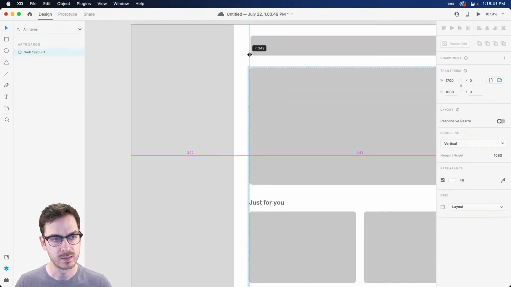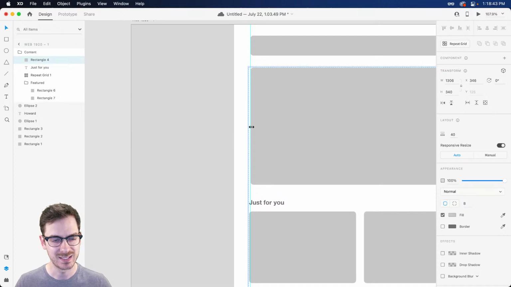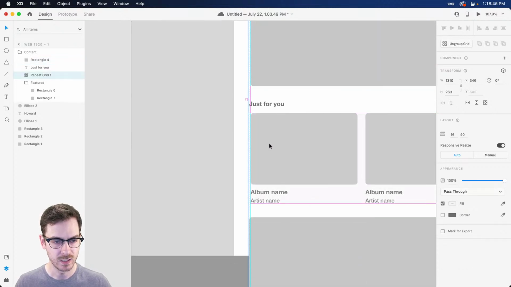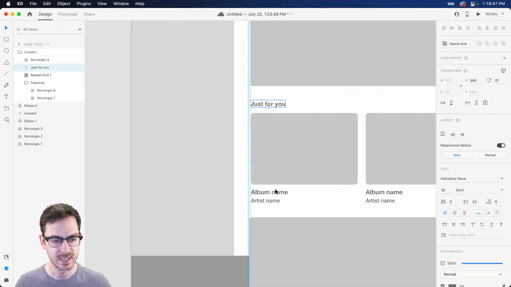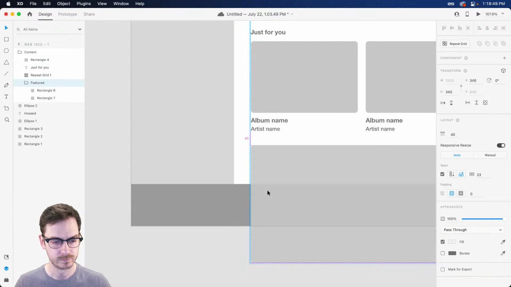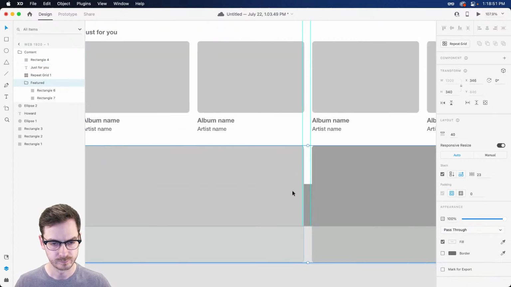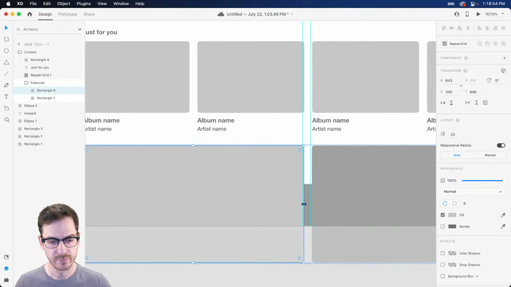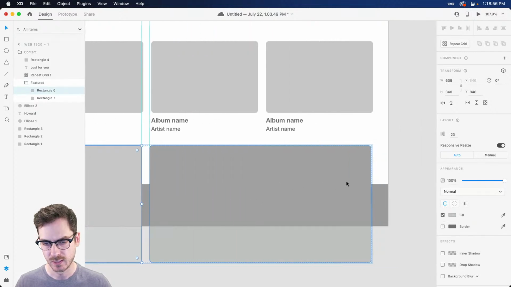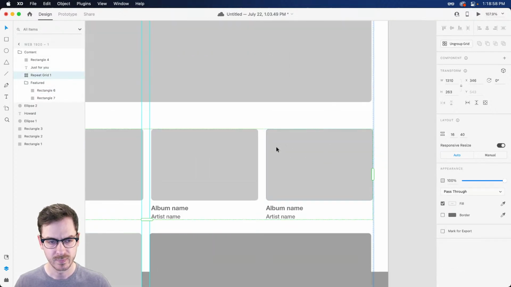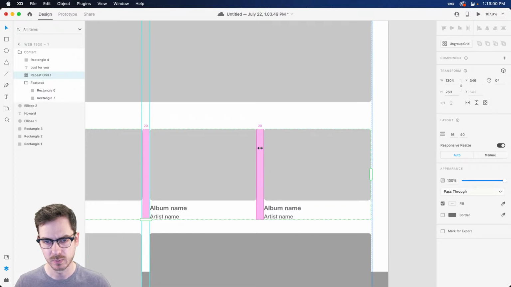I should probably, this is the low fidelity, but still, I kind of want to make sure everything lines up as nicely as possible. I'm just going to dive in here and make some very quick changes. That looks pretty good. This side can be brought in a little bit more.